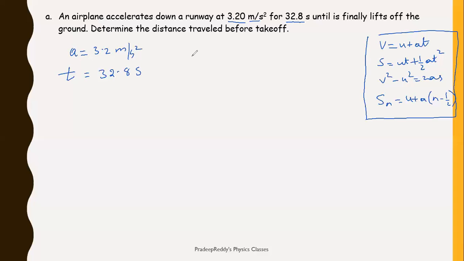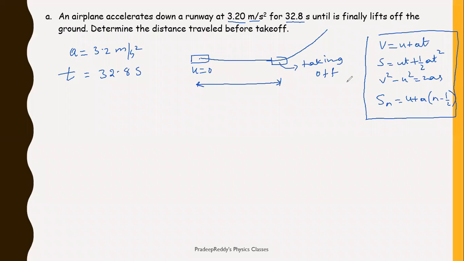So an aeroplane starts at one particular point. Let me take, like, here is the aeroplane starting. When it starts, its initial velocity will be 0, and finally it travels on the aerodrome, and then at some particular point it takes off. This is the position where it is taking off. Now this is the total distance it is traveling on the runway. Let me consider this distance as s. I want to now find out s.